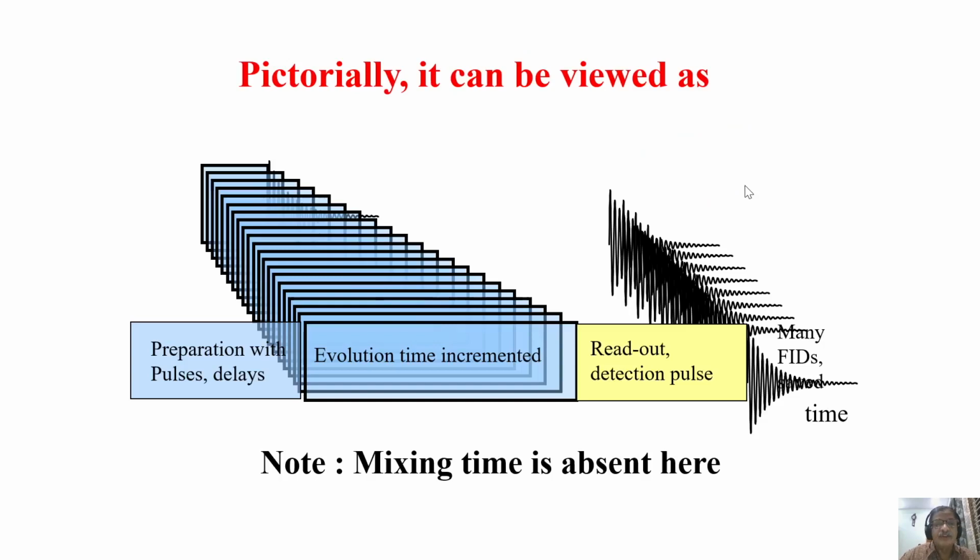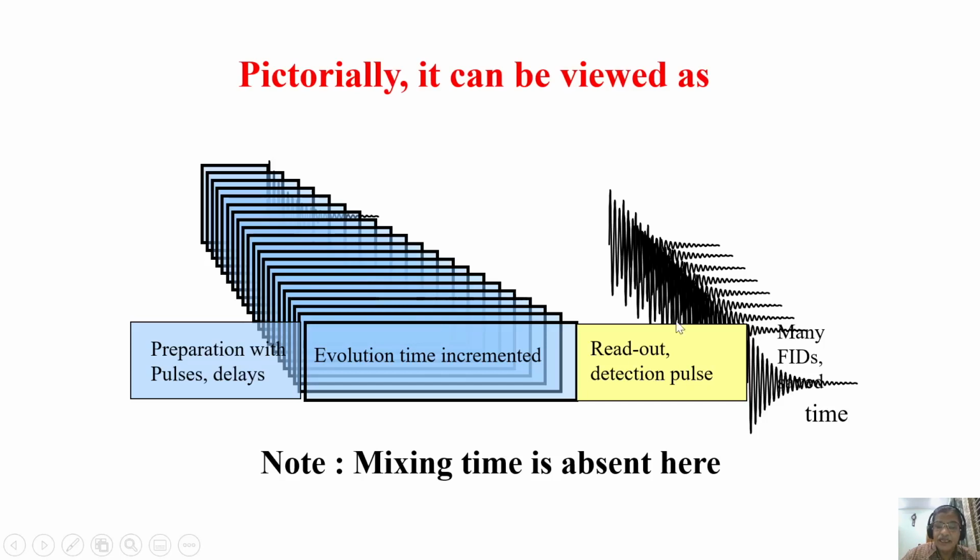Okay. If you see pictorially, it is like this. Look, initially there was a small time period in the evolution which keeps on getting incremented, small increase, small increase, small increase, small increase. That's what I showed. Finally, we have whatever time period we wanted, so it keeps on increasing. And we have a mixing pulse, and afterwards mixing time, afterwards a readout pulse and start collecting the FID. See here, this is getting changed, but here it is always constant.